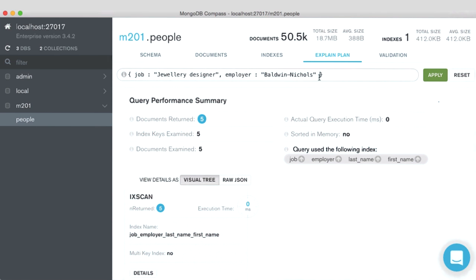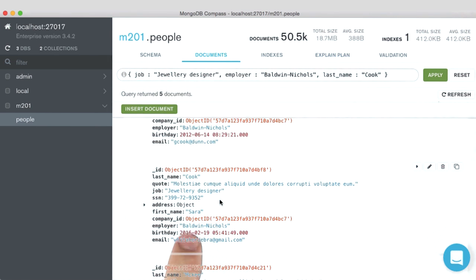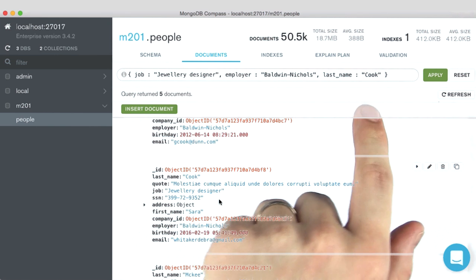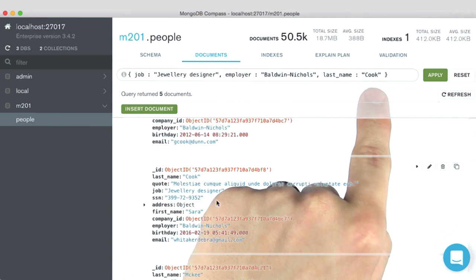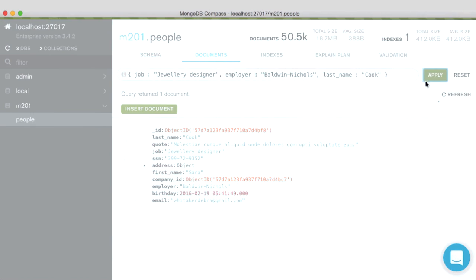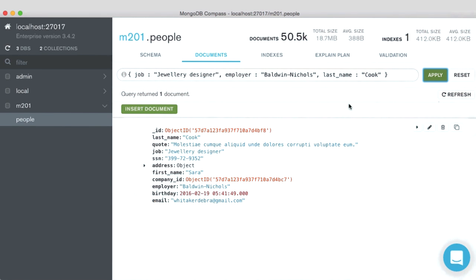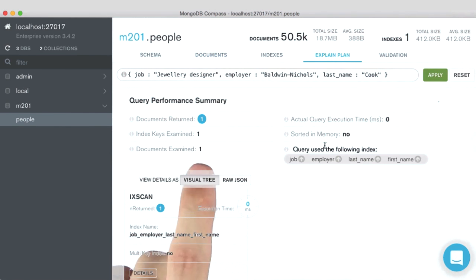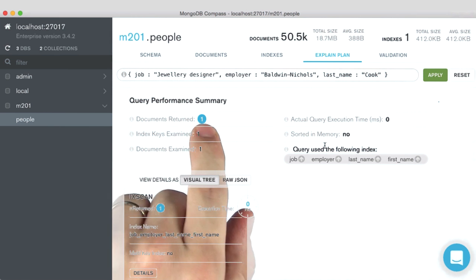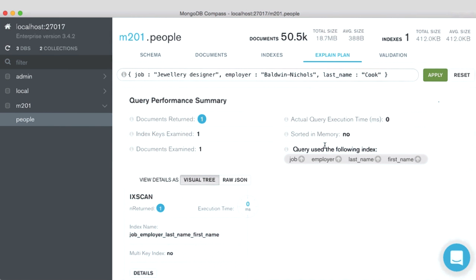What if we were to also filter on last name? We know that one of our documents is for Sarah Cook, and so we can just add this last name predicate for Cook. So when we run this, we find our Sarah Cook document, and when we look at explain, you can see that we only had to examine one document for the exact one document that we returned, and we only had to look at that one index key. So of course it was really, really fast,